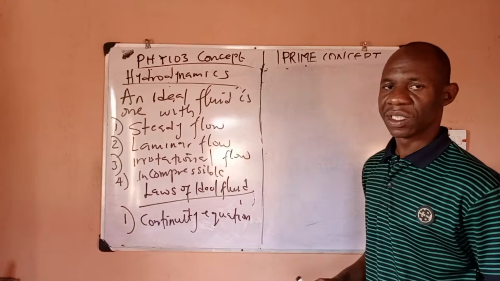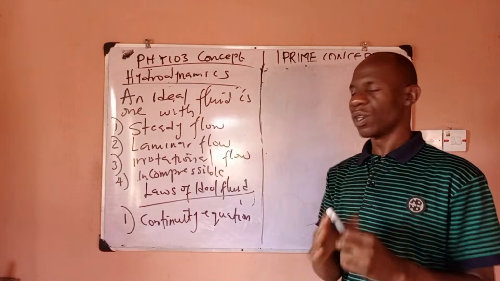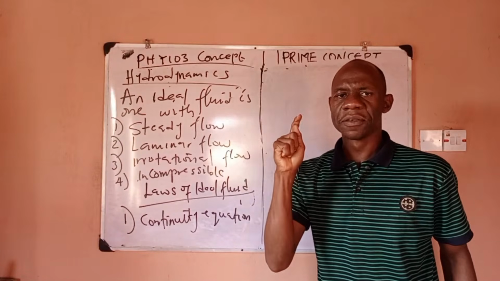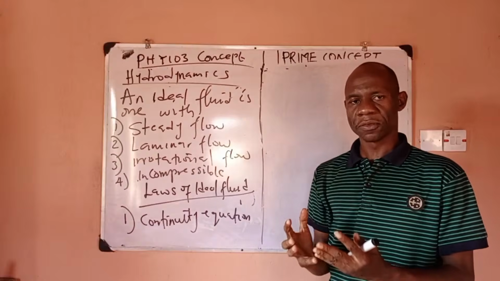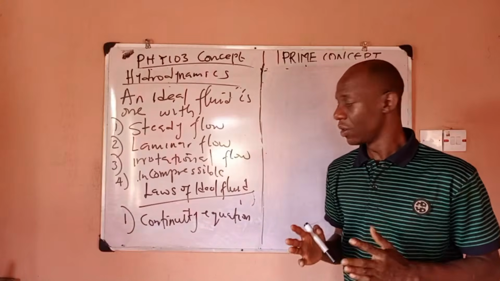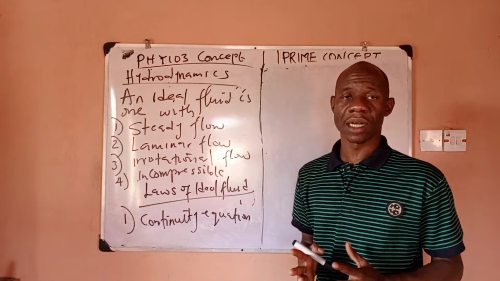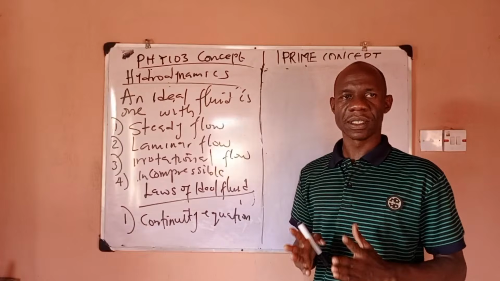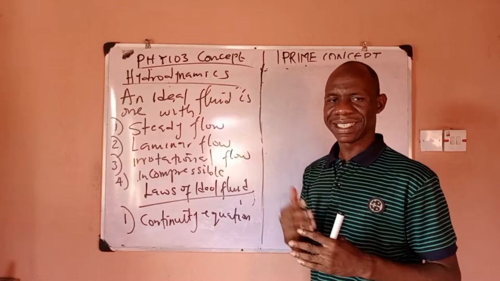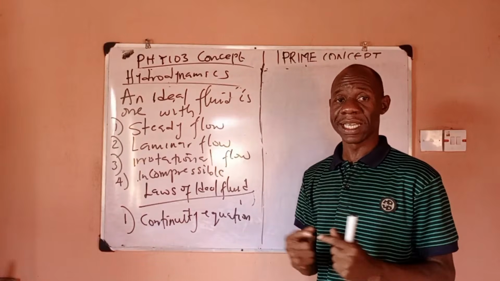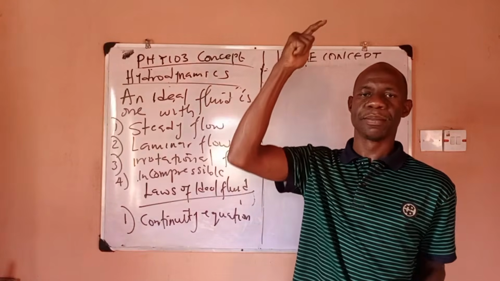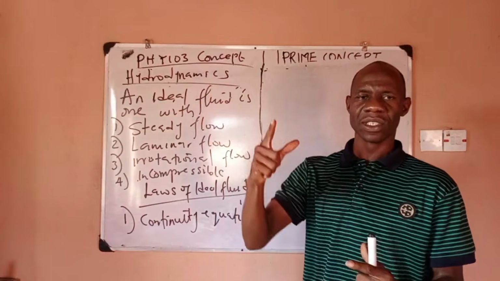So that is the continuity equation. And what is the continuity equation? The continuity equation says that the velocity of a fluid at a particular surface is inversely proportional to the surface area. The velocity of a fluid is inversely proportional to the what? Cross-sectional surface. That is what the continuity equation is saying. Velocity is inversely proportional to area. That is to say, where the area is small, velocity is what? Big. Where the area is big, velocity is what?